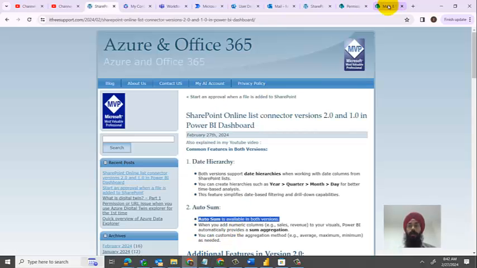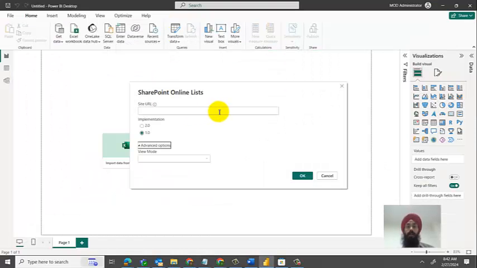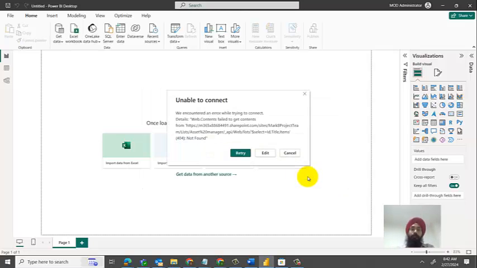So over here I have one SharePoint list I've created. I can just select this asset manager as a list and I put in the URL. Now I put in this version 1 URL, and if I click OK, you would see some features, but I want to first go with version 2 so I can explain more about what features I can get. See over here it is saying automatically it selected all, retrieve all data from the SharePoint list and the default views. In version 1 I was not getting this view mode or which mode I would be able to select. So let's select version 2 and I click OK, and once I do that,